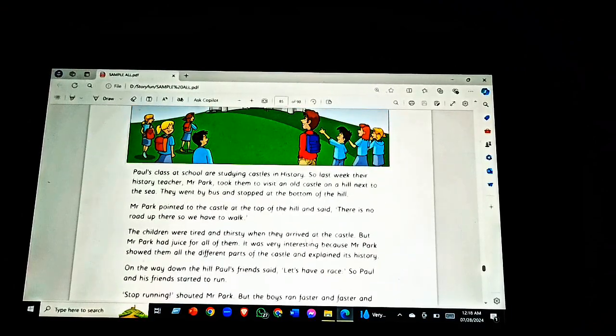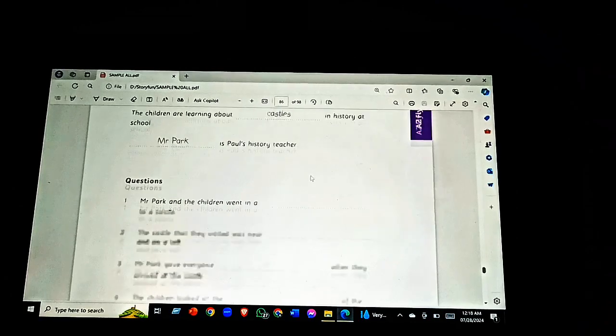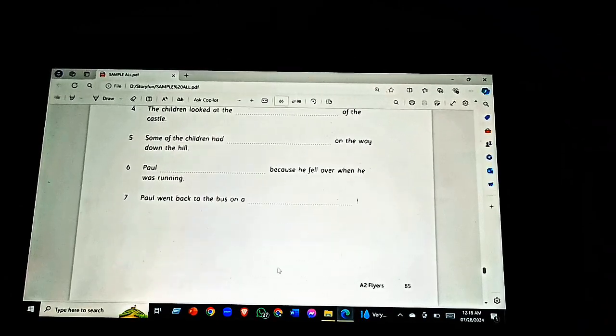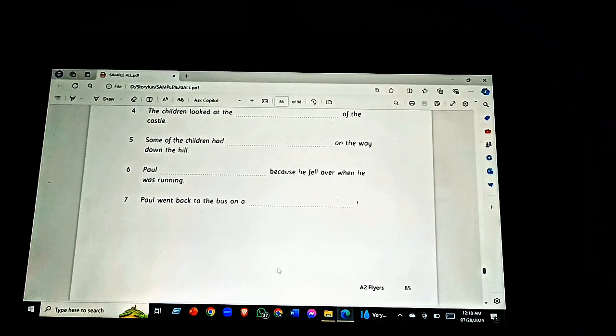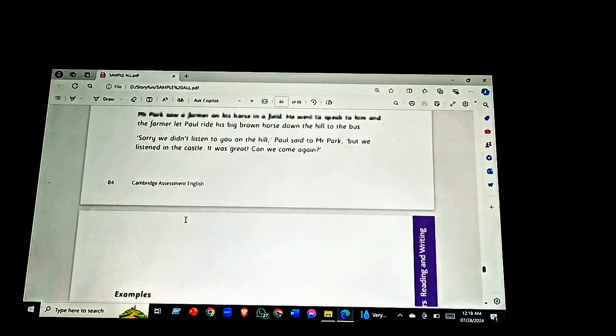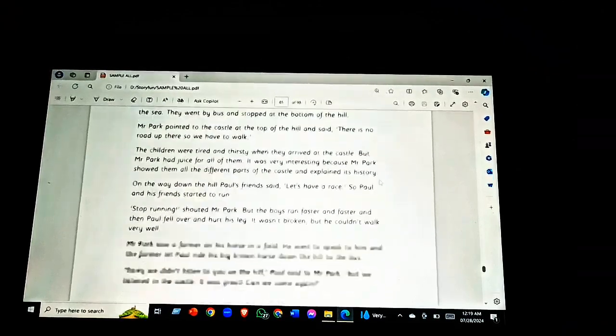you will read the story, you will understand the story, and based on your meanings you have to fill the gaps. These are the 7 questions, these are the 7 gaps, and based on your understanding you have to fill the gaps. But you have to remember, while filling the gaps, your minimum word will be 1 obviously, but your maximum word will be 4. You cannot use more than 4 words. Okay,